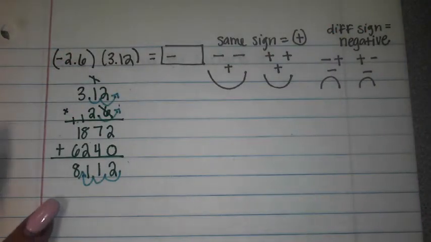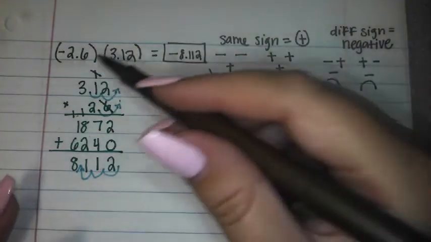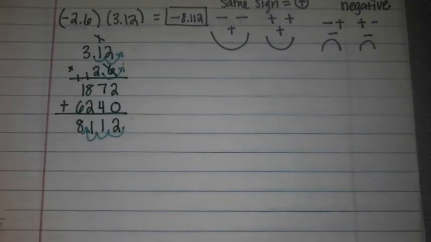And my answer is going to be 8.112. But don't forget, it's negative because your signs are different. Now let's try another example. Let's say I have